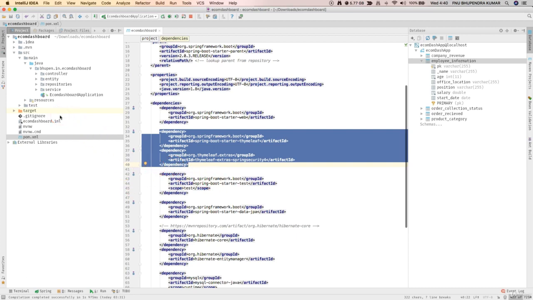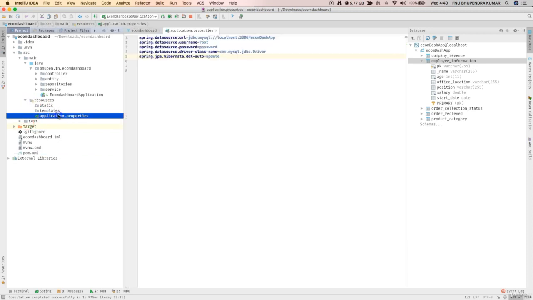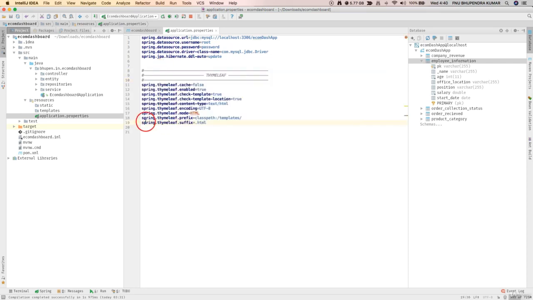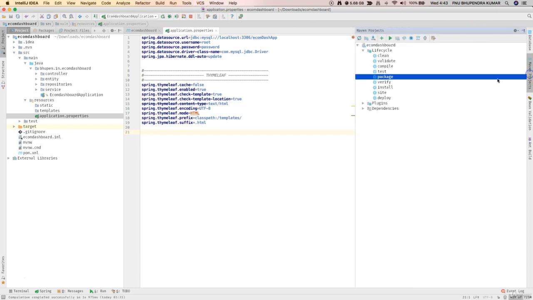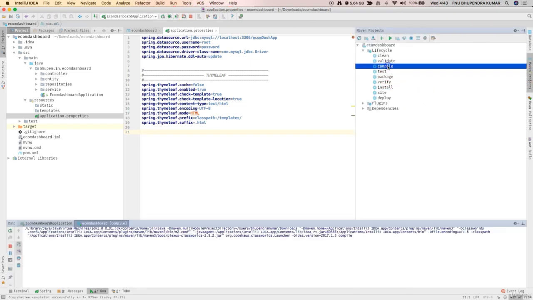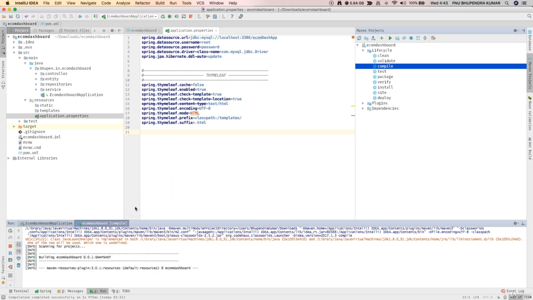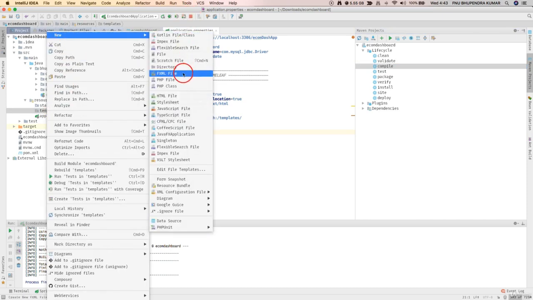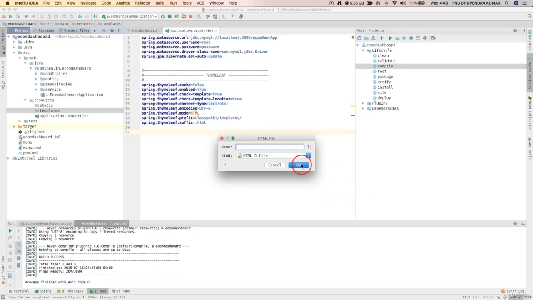The other thing that we need to do apart from this is to set up properties for Thymeleaf. So let's put those properties as well. So let's build a project and see whether it compiles. Compile. So let's put our login page here. Or say index.html